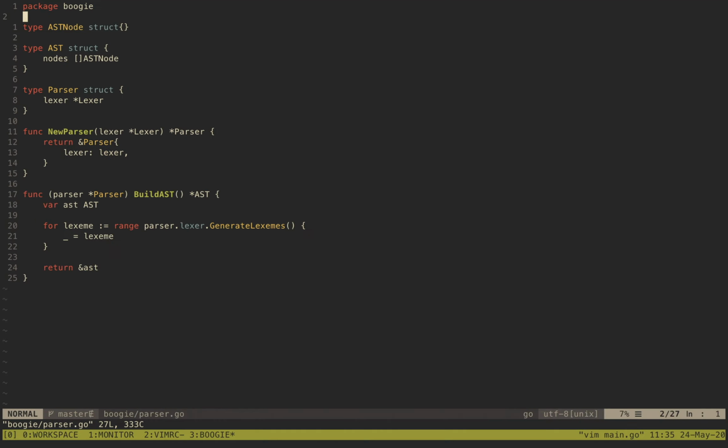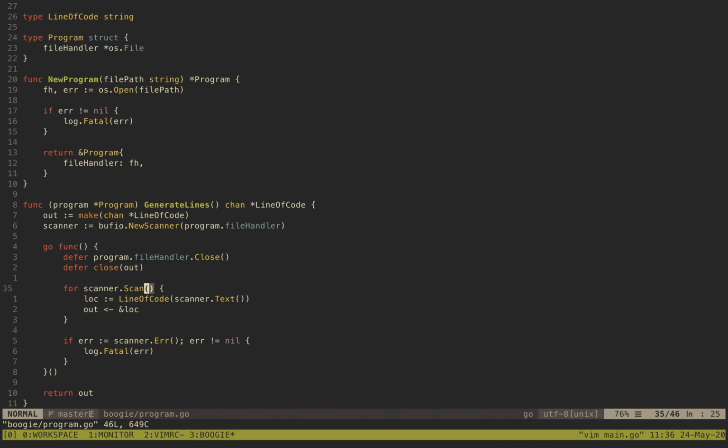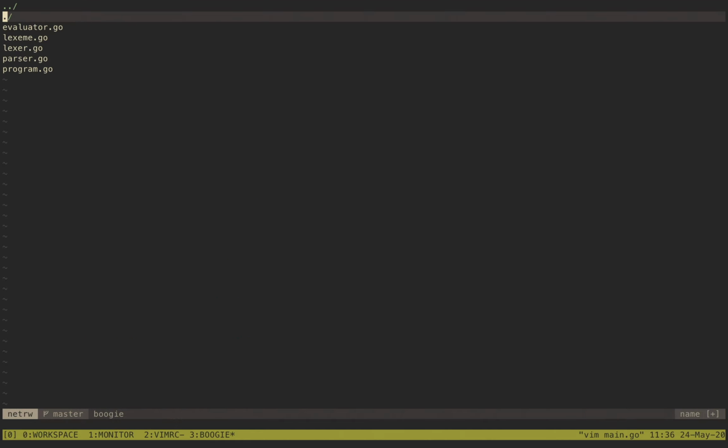So the parser reads from generate lexemes. It has its build AST method, and that reads from generate lexemes, right? Generate lexemes reads from program generate lines, and generate lines reads from a file. So all of these are only run until you call the final generator function, which is in our case